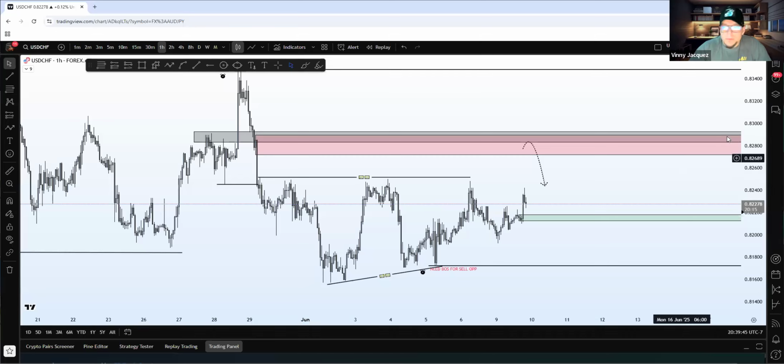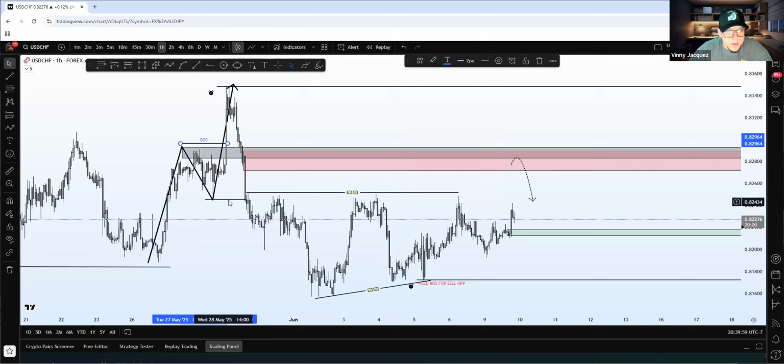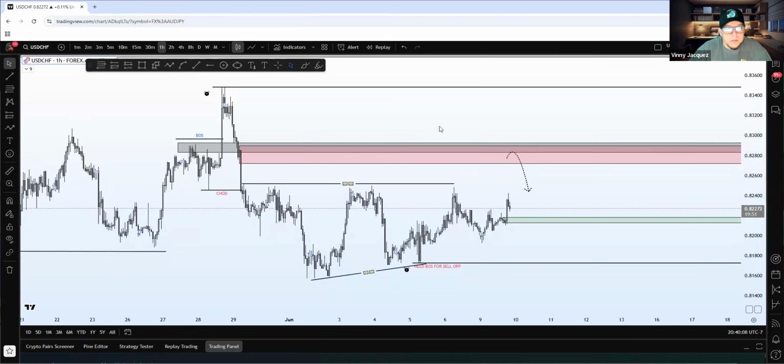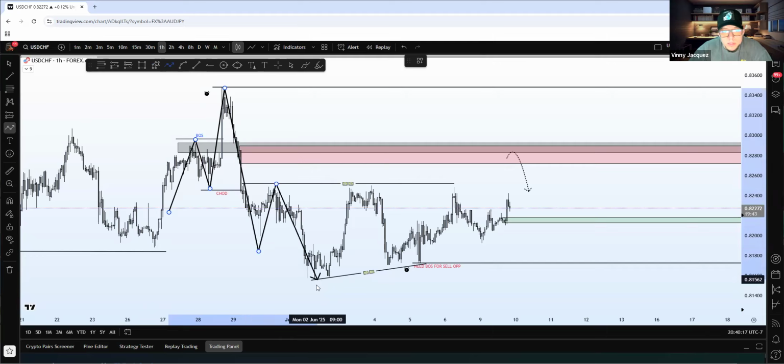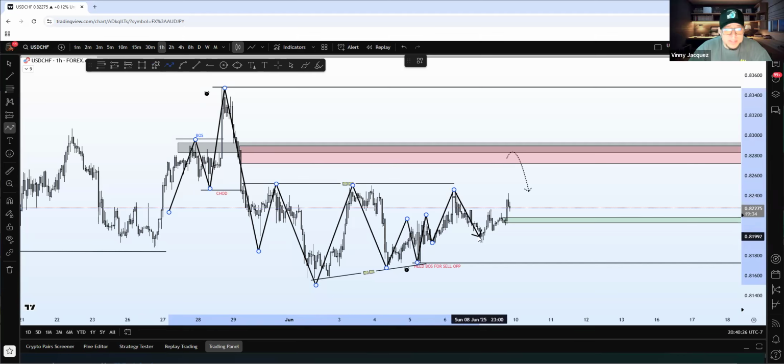Guys, this is what I would love to see after a change of direction. You see how we get higher high, higher low, higher high, and we break structure here to the upside? That's my BOS. Mark that up. My change of direction. Mark that up. Now notice, as soon as we get this change of direction, what do we get? Left shoulder, head, change of direction, and then what? What is this, guys? Liquidity. It's consolidation. That's what we want to see.